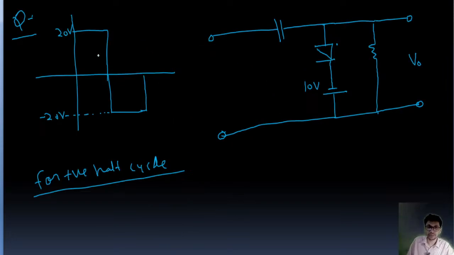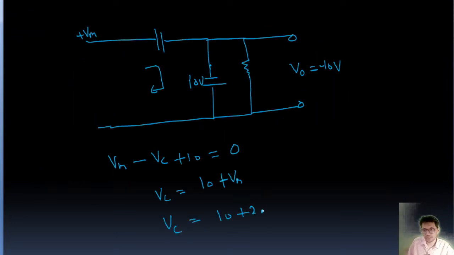We know that the Vm value, this is input, right? Vm value is 20 volt. This one is input, this is 20. So Vc value is 30 volt. Okay, Vc is 30 volt. Now for the negative half cycle,